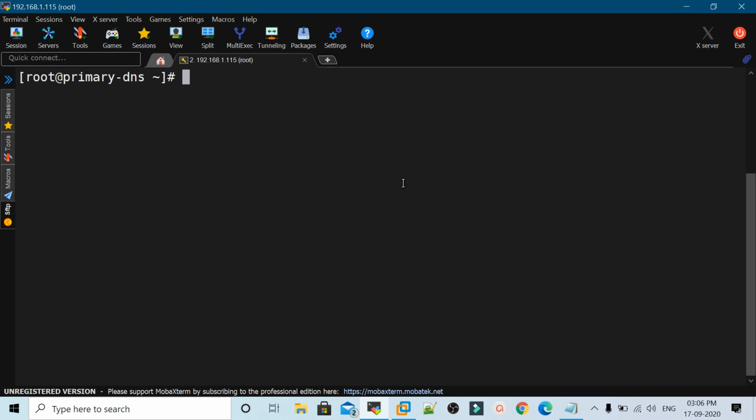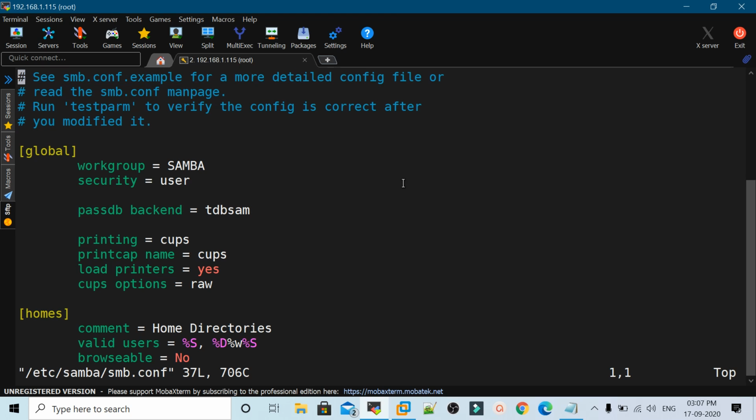Now we will make the changes in the Samba configuration file. So let me quickly open this file in the VI editor. etc samba and smb.conf is the name of the file. There we will go in the insert mode, and here in the work group we will mention WORKGROUP instead of SAMBA like this.